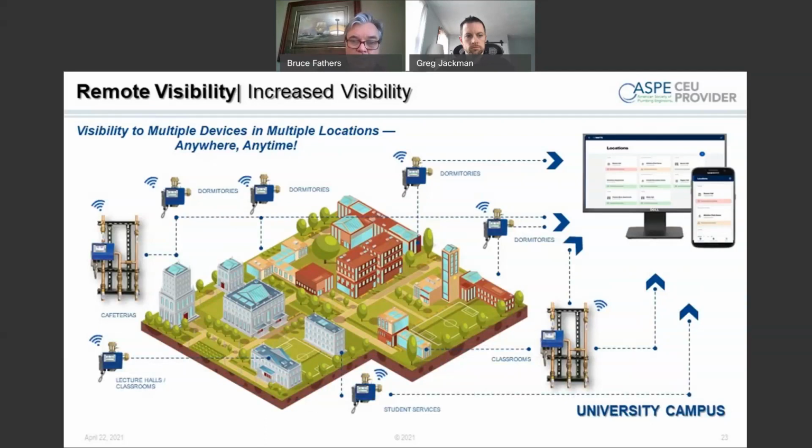So more practically, let's take a look at, for example, a college campus. You've got all kinds of buildings in a college campus, and you may have multiple devices in every building. If you look in the upper right-hand corner, you can look at a dashboard where every one of those boxes is a location, and every location has a status bar. Now I can look at my locations and say, okay, there's one that's red, one that looks yellow, and a bunch that are green. The green ones I'm probably not going to pay too much attention to. The yellow or orange one I probably want to look into, and the red one definitely